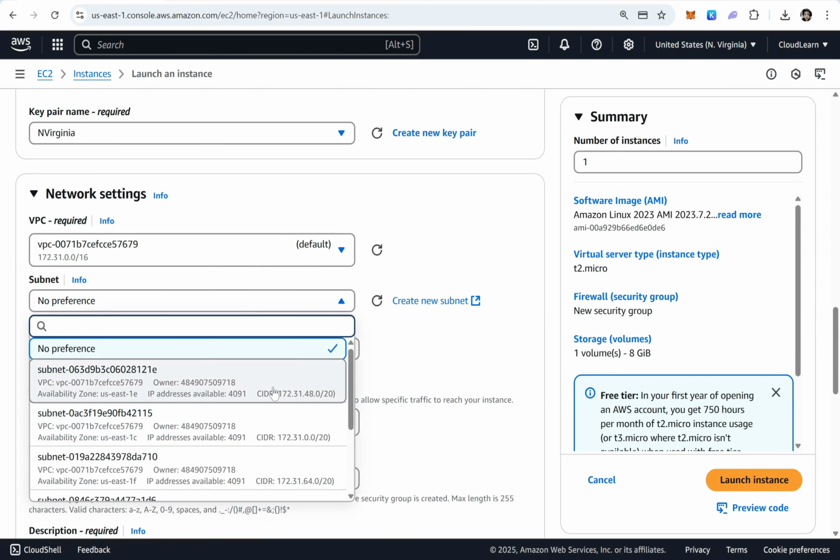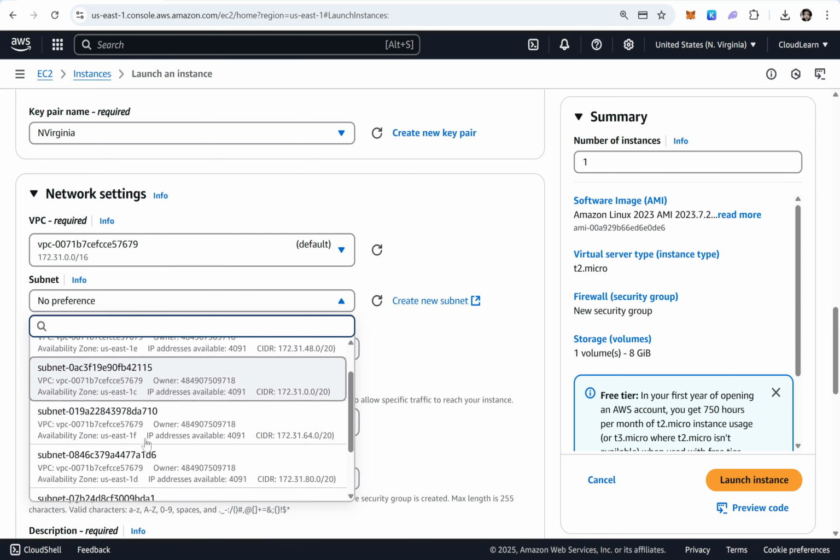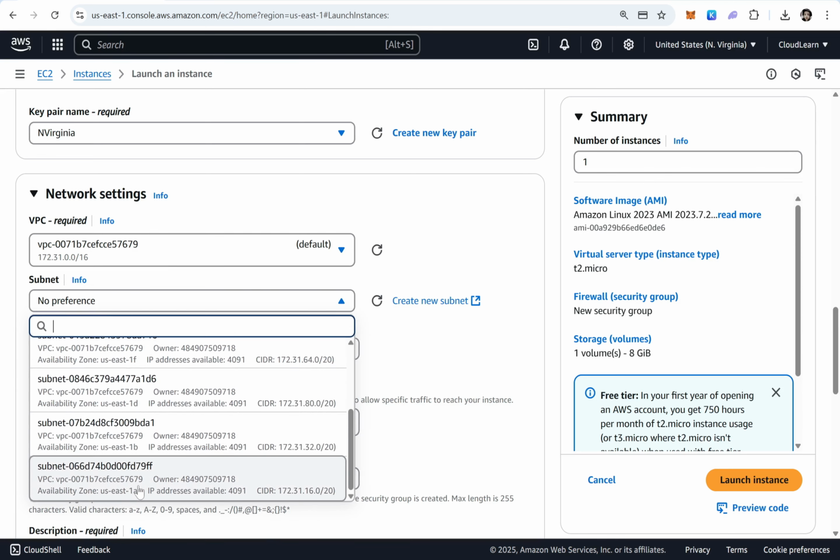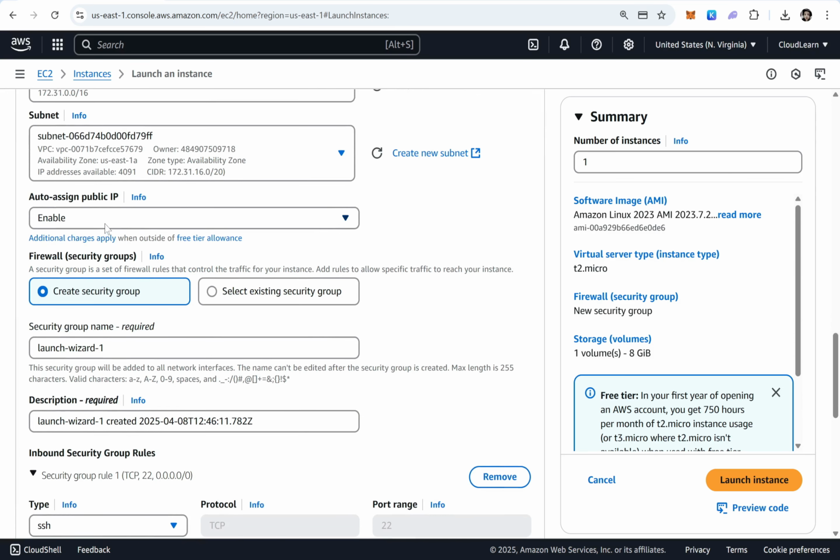So subnet, I will choose 1A. Here, this is the one, 1A. Auto assign public IP, yes. Security group. Okay, so what traffic to be allowed? Because it's a Linux machine, right? So I have to allow first one SSH, then HTTP and HTTPS. These are the